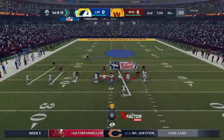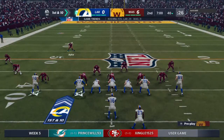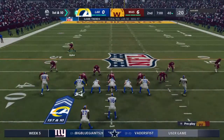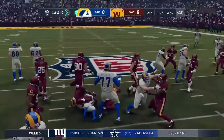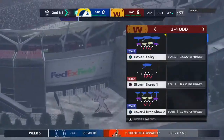Set to begin their next drive, the Rams offense at the line. It hasn't gone particularly well for them, that's obvious. In these conditions, no points so far. They've got to get that offense on track. The question, how do they do it? It is the age-old question, isn't it? And to me, finding a way to make sure your playmakers touch the ball without it being too exotic. Meaning you don't have to go deep down the